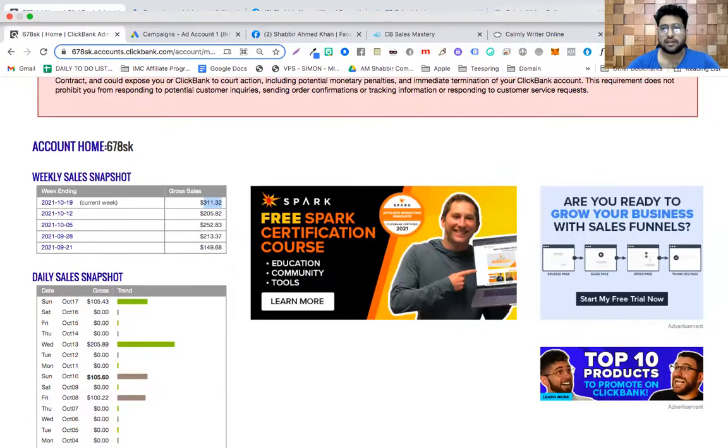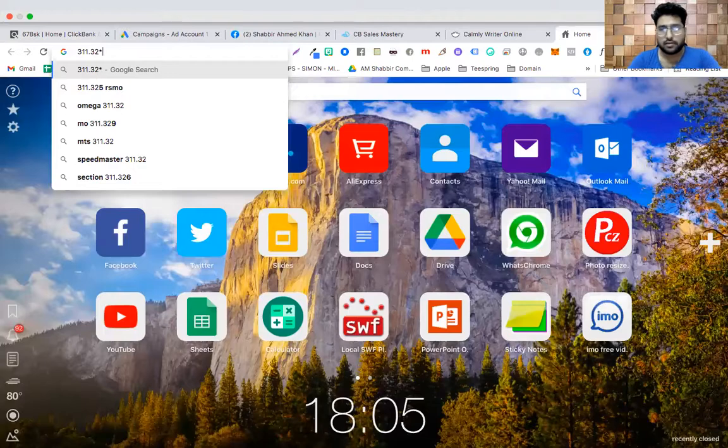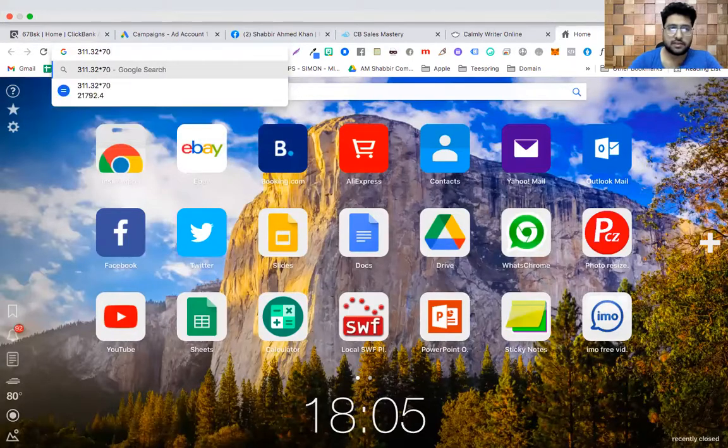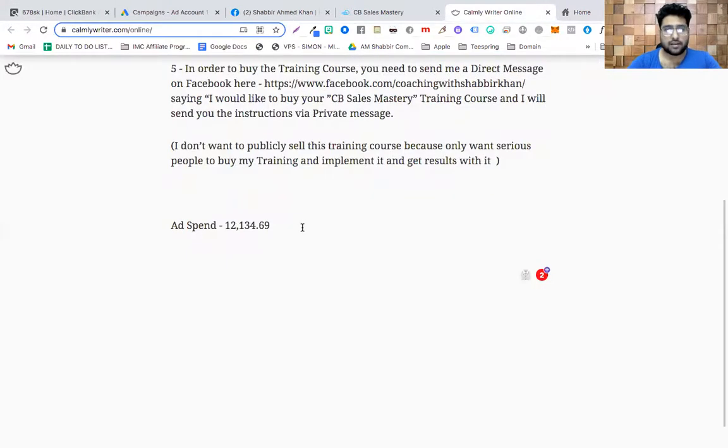So if I calculate 311 times, let's say 70, that's 21,792, and that's my sales, or you can call it revenue, whatever you want. This is in Indian rupees, and this is again in Indian rupees.